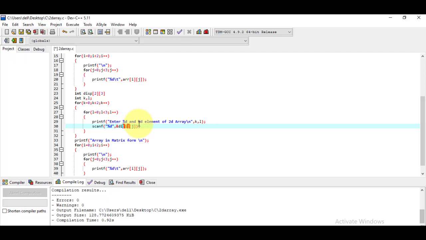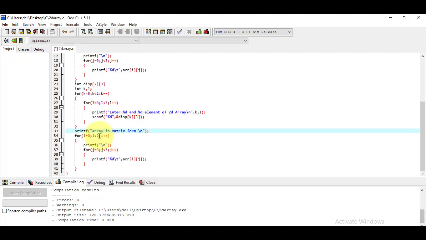The name of the array I have defined here is disp, and here I have to specify the coordinates as k, and here as L, and I would like to display it in the form of matrix.